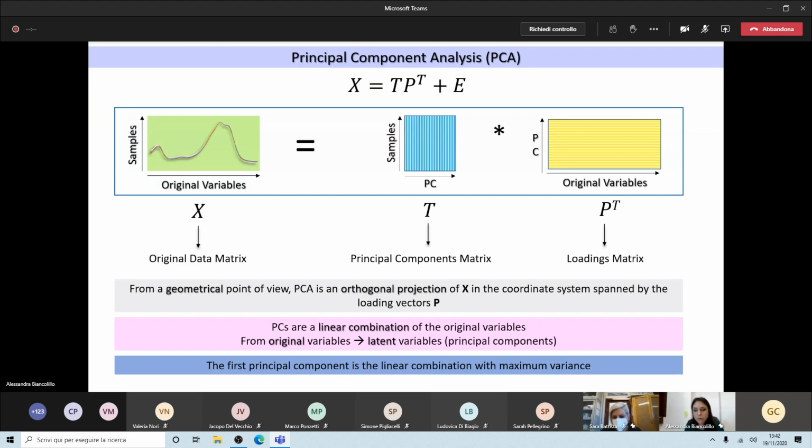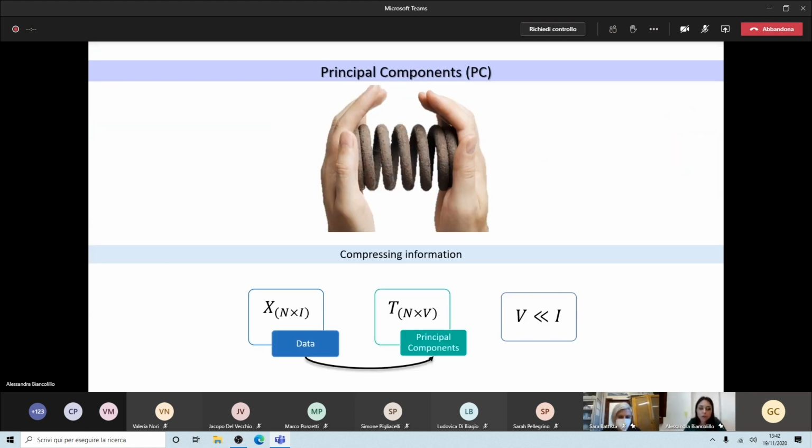Nevertheless, I don't want you to really focus on the mathematics behind the extraction of the principal components. What I really want you to understand is that when we are extracting principal components, we are somehow compressing the information present in the X data matrix into a reduced set of variables.